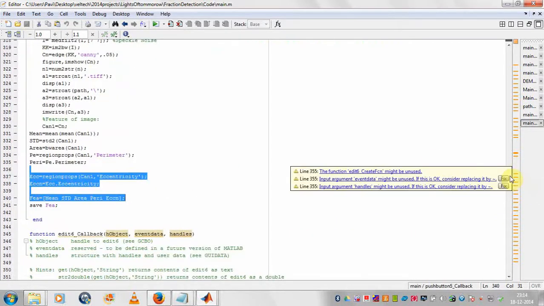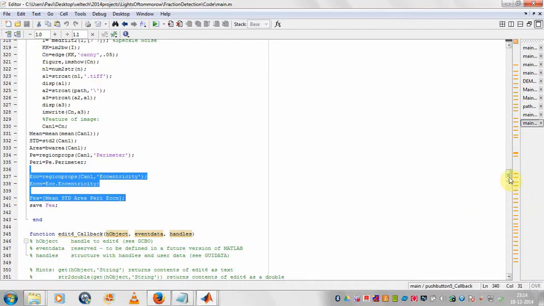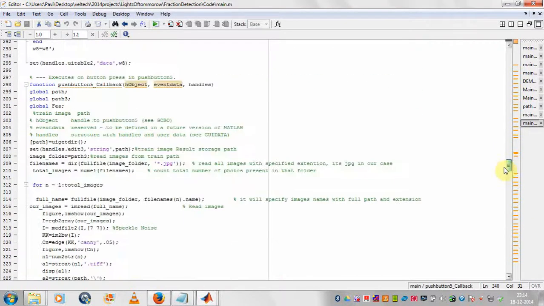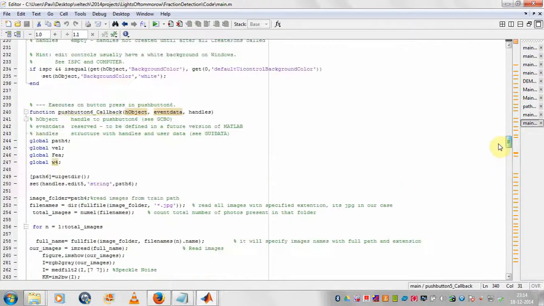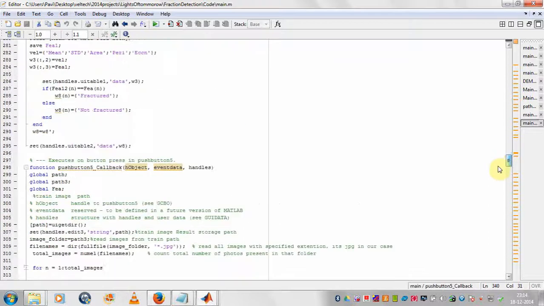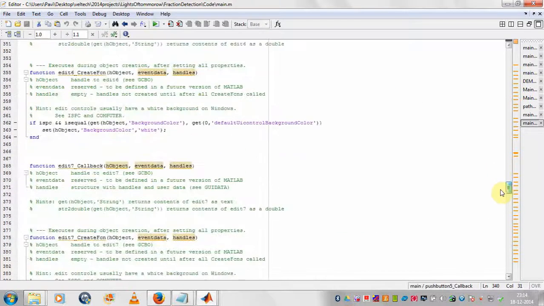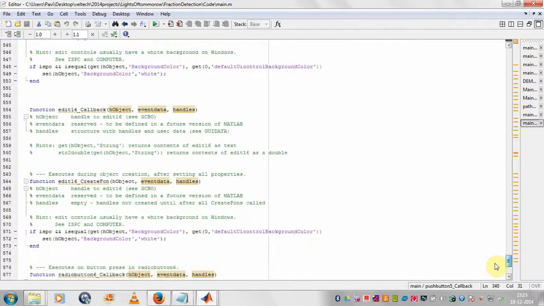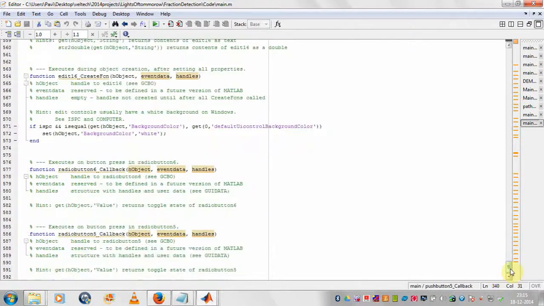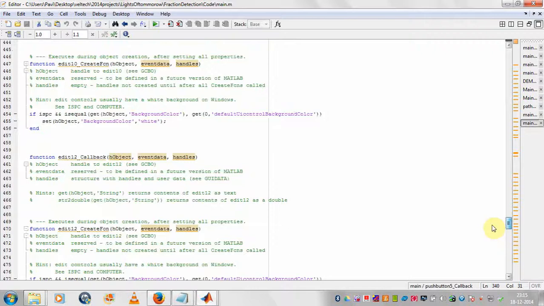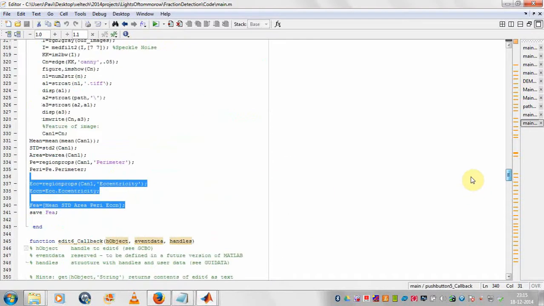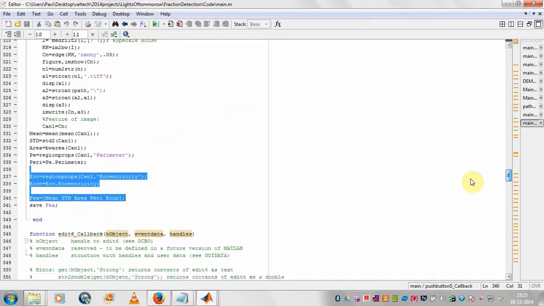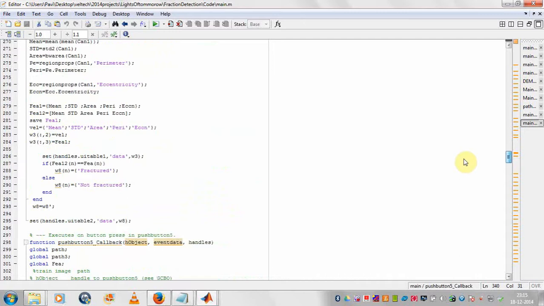Here you see, both are the same. And then, here it is.